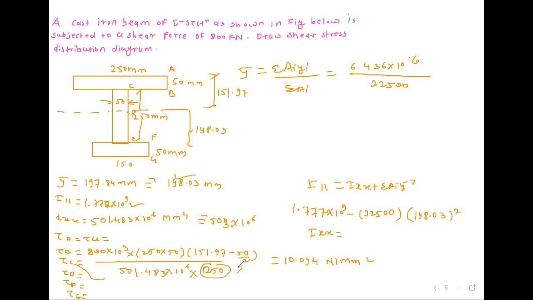After that for tau c, instead of this 250 you use 50 and calculate. So 10.094 into 250 divided by 50, which is 50.47. Yes, so tau c, shear stress at c, is equal to 50.47 Newton per mm square. After that you have to calculate at d, so tau d which is equal to